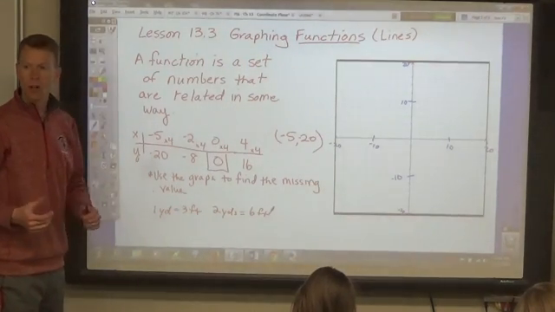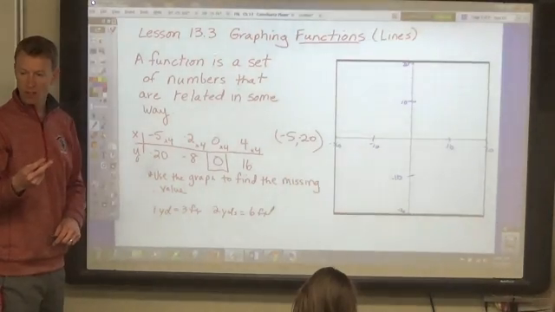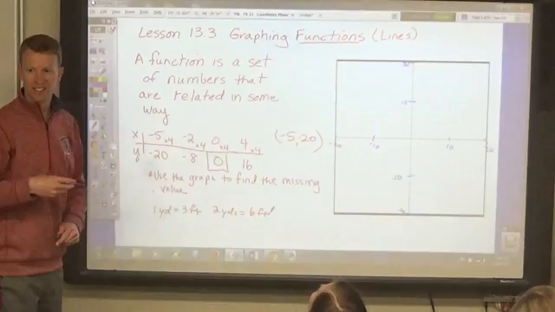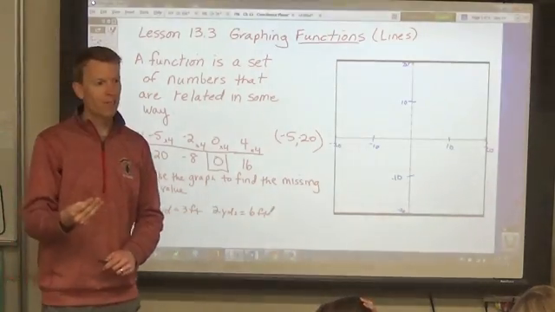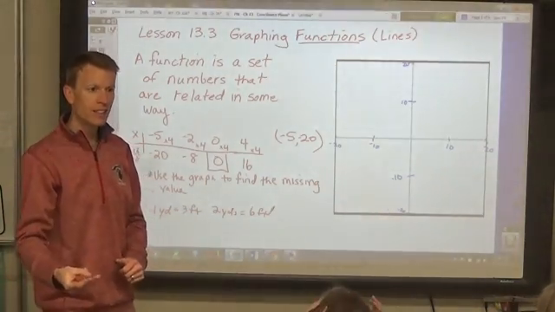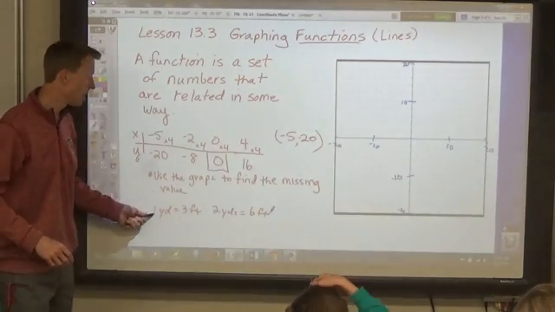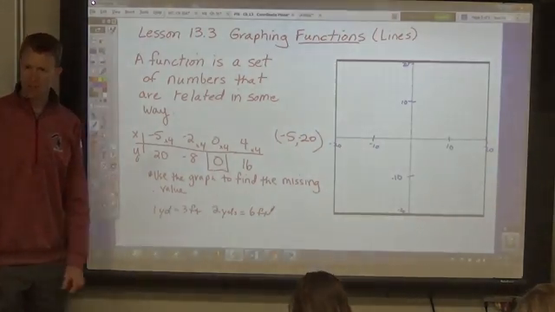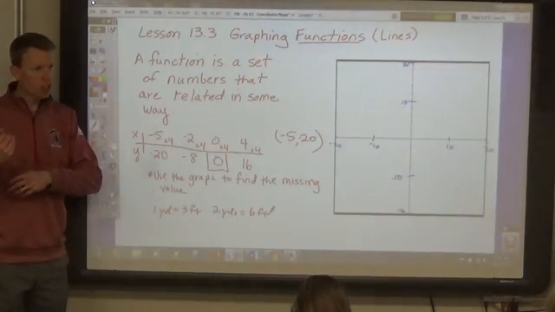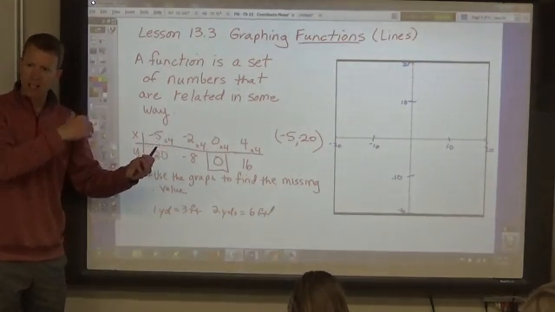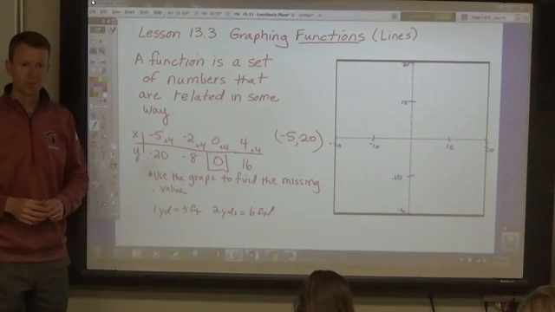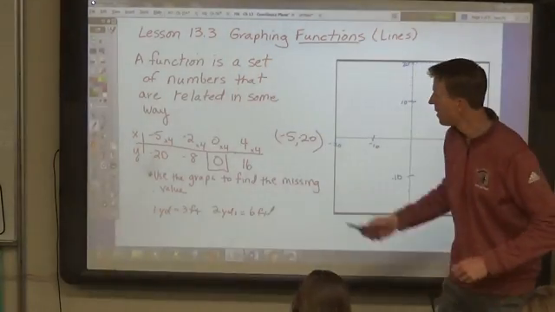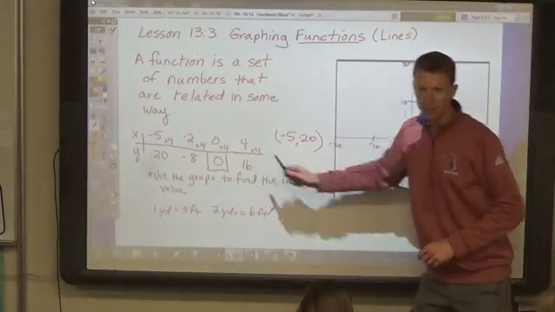1 foot equals 12 inches. So 2 feet equal 24 inches. And 3 feet equal 36 inches. Those are examples of functions because every time one goes up, the other one goes up. Or every time one changes, the other changes in a pattern. And so we can graph a pattern like that. We can graph this pattern of numbers, this function,